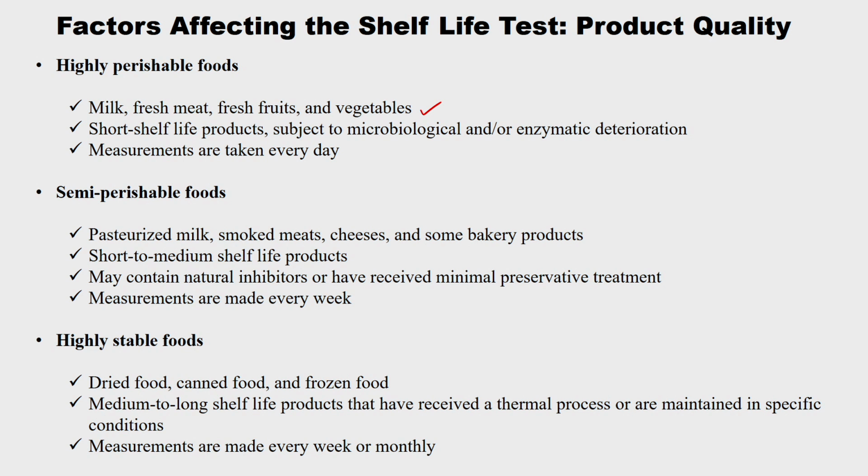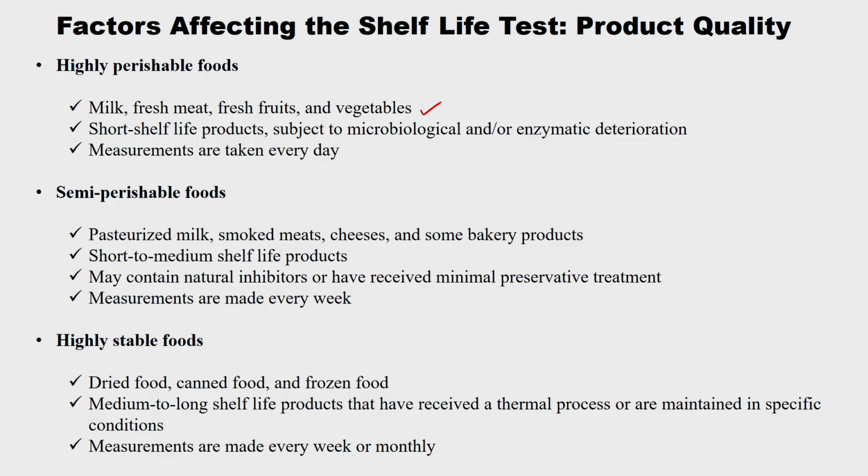They are called short shelf life products, as I told. So, a maximum of 1 day or 3 days within which it has to be consumed, subject to microbiological and enzymatic deterioration. This we have seen in the pasteurization thermal processing itself. So, they cannot be stored in normal ambient conditions, and measurements have to be taken every day to check for